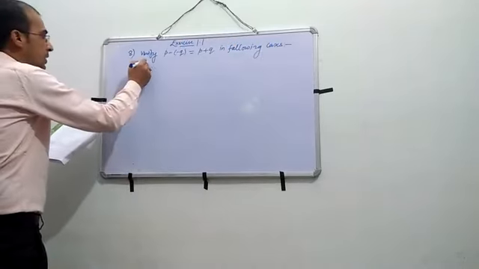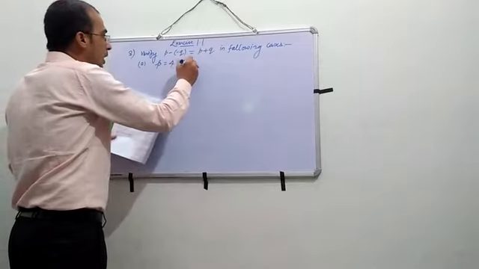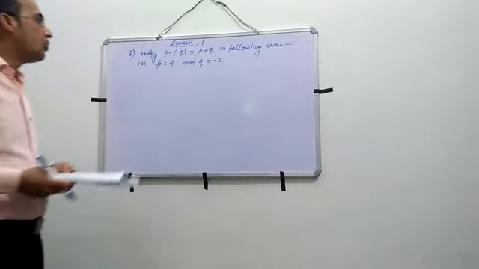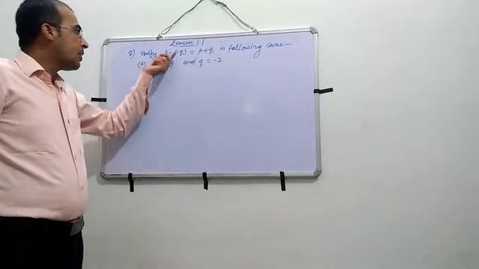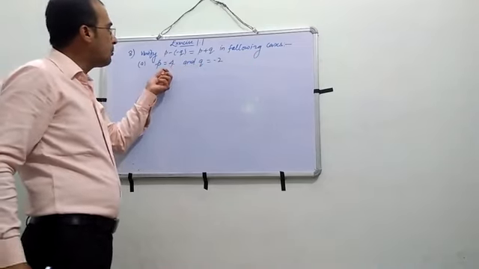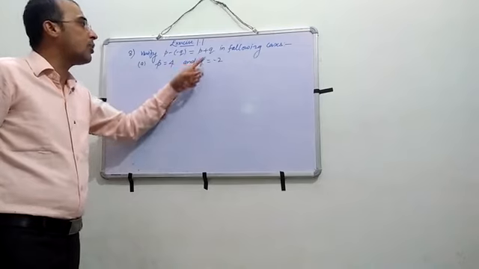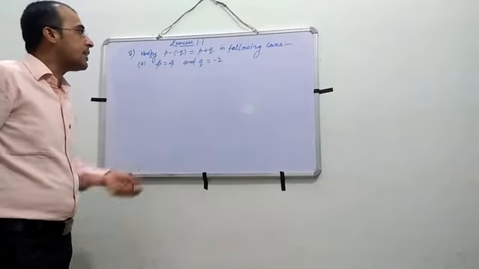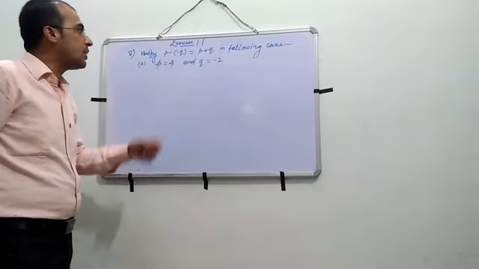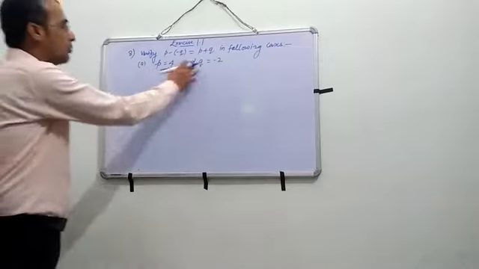Okay. So the first part is given here. First part means A, p equal to 4 and q equal to minus 2. So what to do? You will put the value of p and q on this side, and that side also, p equal to 4 and q equal to minus 2 in this statement. We will check that the value of LHS should be equal to the value of RHS. If it is not equal, it is not verified. If it is equal, you can say that it is verified. It is true for this value.